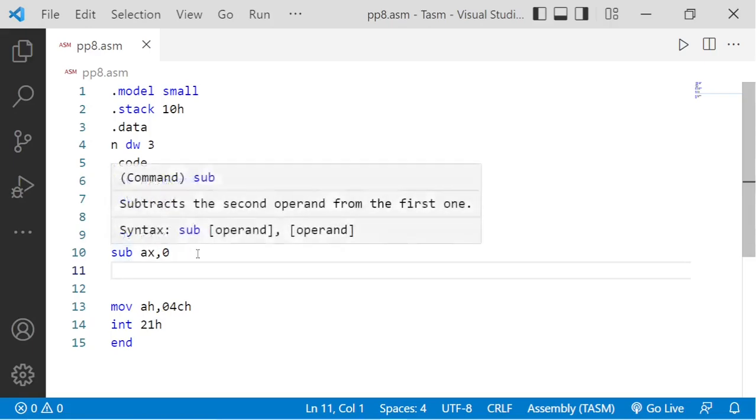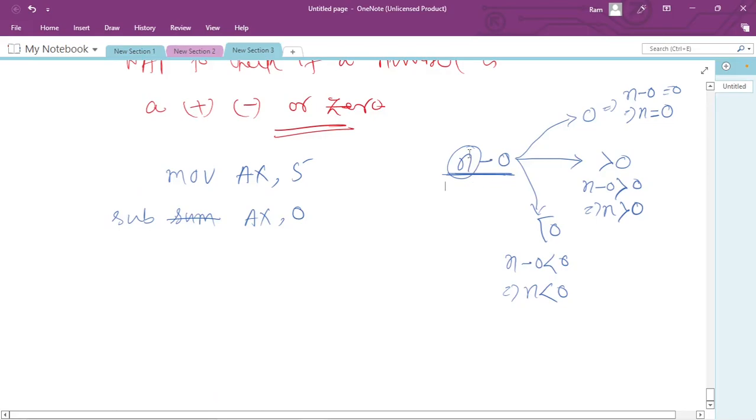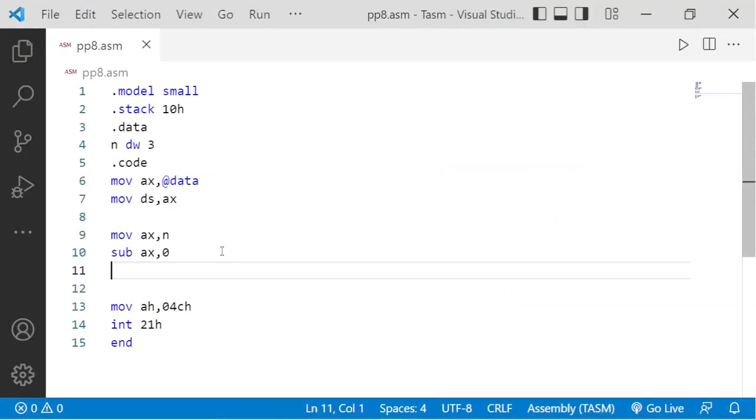If we know the result of this subtraction, immediately we know the nature of the value of this n, whether it is 0, positive, or negative. And as an output, what we might want to display is that if it is 0, we might want to display a 0 on the screen. If it is 1, we might want to display a positive on the screen. If it is less than 0, I mean, if it is negative, then we might want to display a negative on the screen. What I am saying is that our output of this particular program